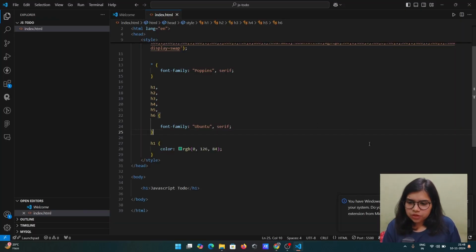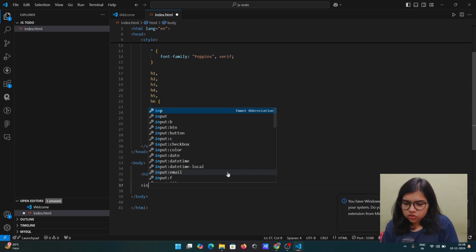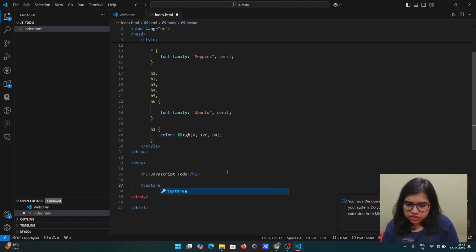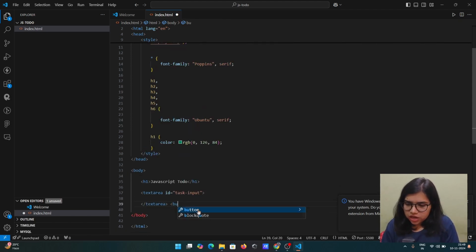So JavaScript to do is coming, and now in this video we are just doing the HTML and CSS. So we will set up the UI part in this. So now after this we will also need to add an input, or we can have the text area instead. We can give it the ID of task input, and we can even give it some styles, but let's keep it like this for now. We can add a button here